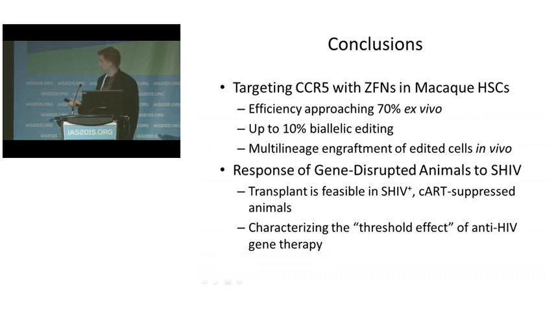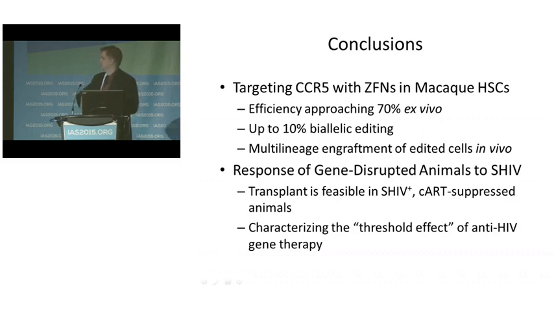So, of course, what we're most interested in at this point is characterizing the response of these animals to SHIV challenge, both the animals that were transplanted first and then infected, and the animals that were infected and suppressed and then transplanted, where we would be taking the antiretroviral therapy away. And as I've kind of hinted at a few times, we're observing a threshold effect. So the 4 animals that I've shown you where they were transplanted and then infected, we have very early data, suggesting that we are seeing a virus-dependent selection in some of the relevant subsets,